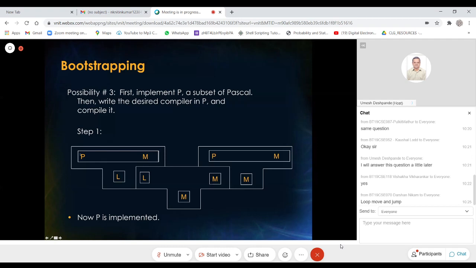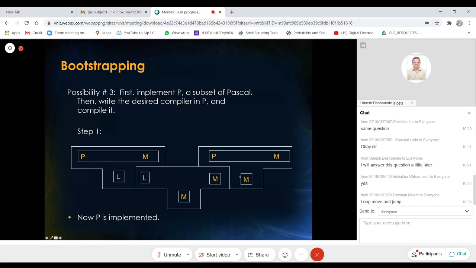And that translator we develop in a higher level language using all the features that are available for L. So L may be a higher level language, like for example C, and we have chosen a small subset P of this entire language Pascal. And now we write this particular translator of P to M in this language L. Correct? And now we send it through the L compiler, which we assume we have available with us. So therefore, it produces now this translator from P to M.